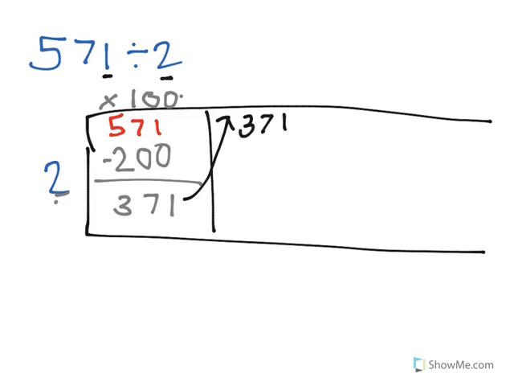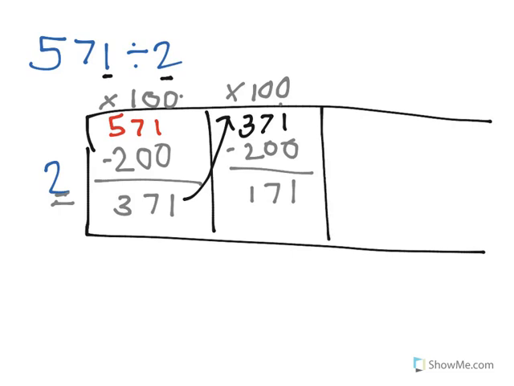So then I repeat the same step. 2 times something gets me as close to 371 as possible. So I'm going to do 100 again. I already know that 2 times 100 equals 200. So that leaves me with 1 minus 0, which is 1, 7 minus 0, which is 7, 3 minus 2, which is 1. So then I box off that piece,